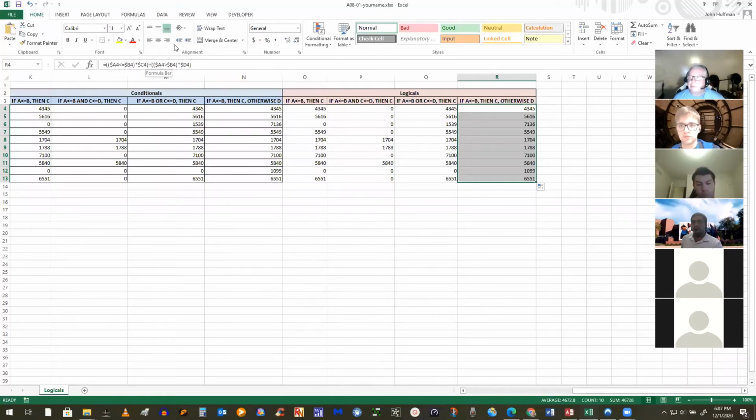And then I just add those together because only one of them is necessarily going to be true, right? Both of these can't be true at the same time. On one side of the plus, it's going to evaluate to 0. On the other side, it's going to evaluate to 1 times whatever it's equal to. That's the assignment. Save it, turn it in. Easy as that. How about that?